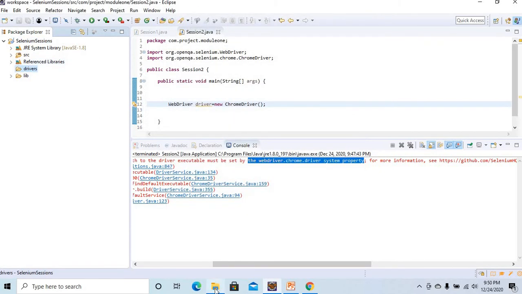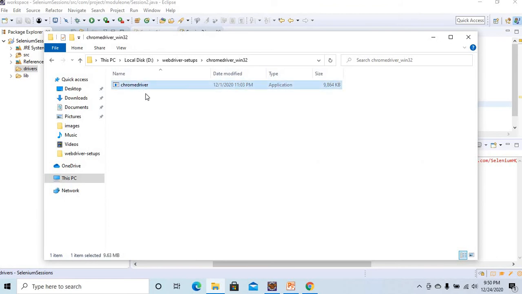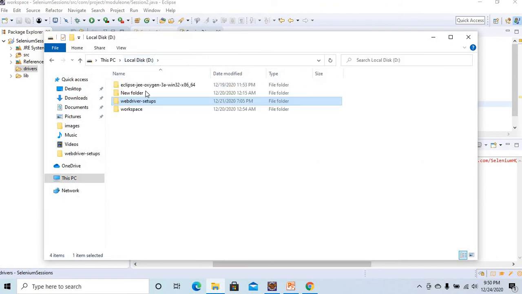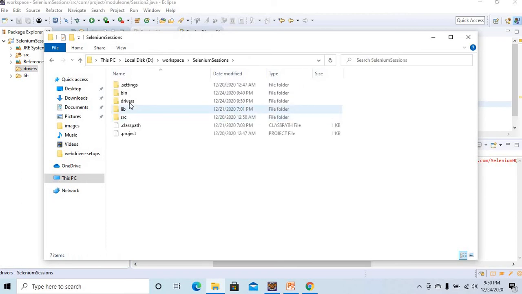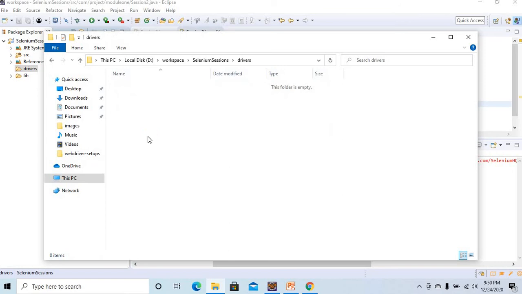Here I place all my drivers. Presently I'm working on Chrome, so simply copy the Chrome driver, go to your project's drivers folder and paste it here. It's just a collection.